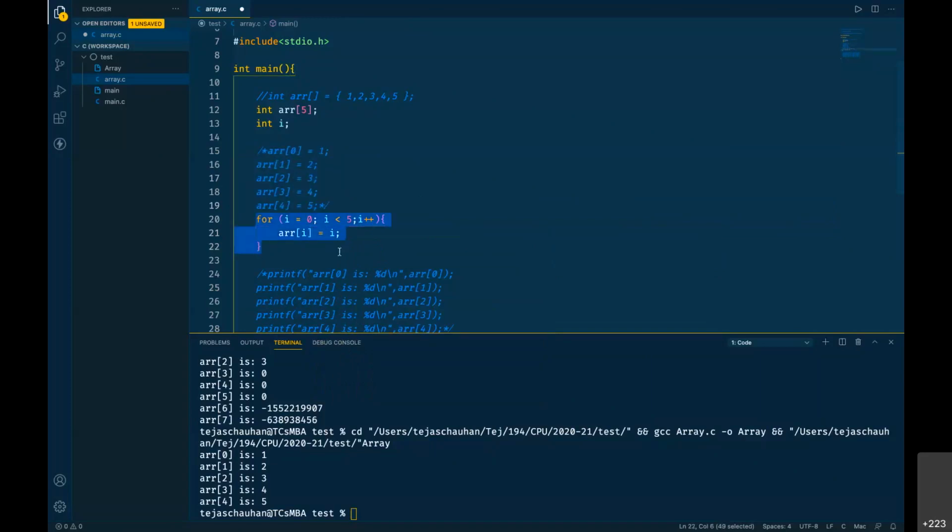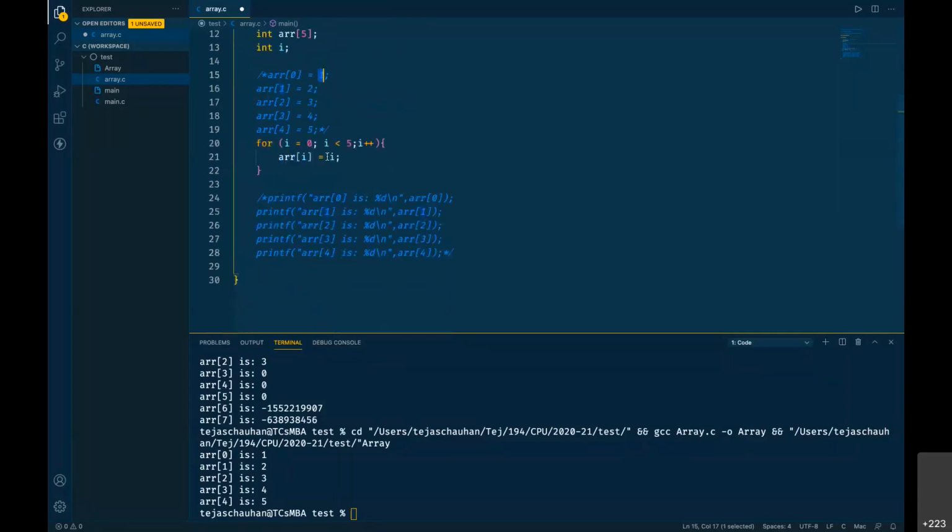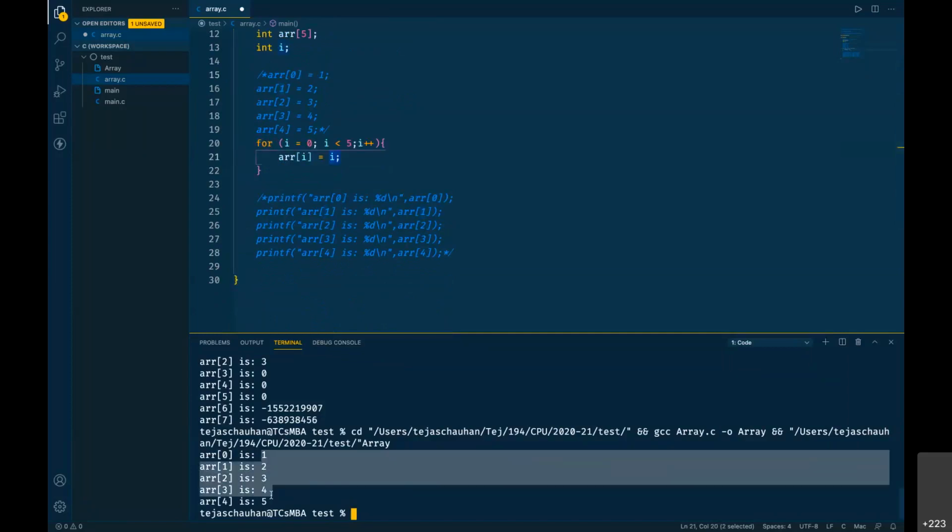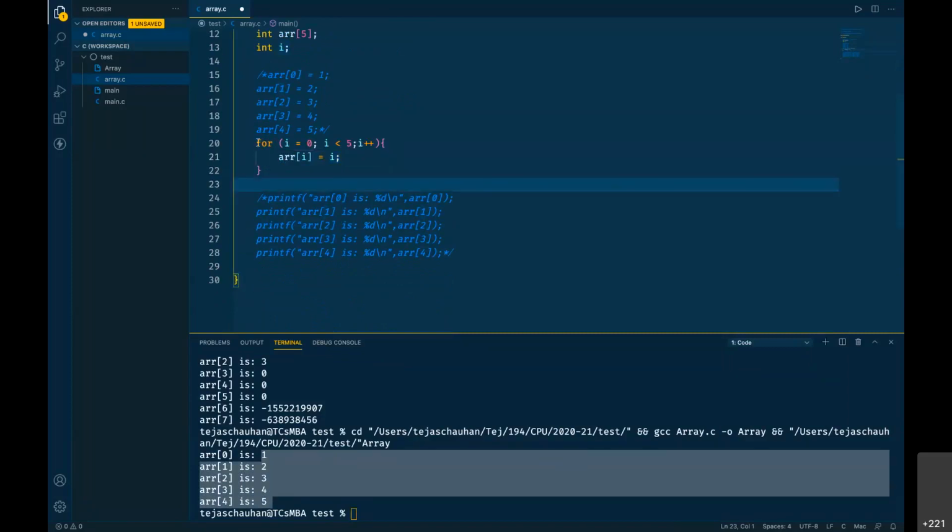So it is going to assign 0, 1, 2, 3, 4. Earlier we assigned 1, 2, 3, 4, 5. This is going to assign 0, 1, 2, 3, 4. Let it be, just to have a look at the difference in output. So this is how we can assign values, and we can even make use of the same loop and have this printf statement inside. Now every time we don't want to print the 0th element, we want to print the ith element. So when I make a change here, ARR of I, this percentage D will be replaced with the value of ARR of I.